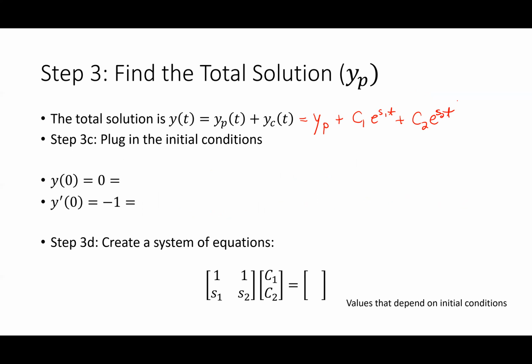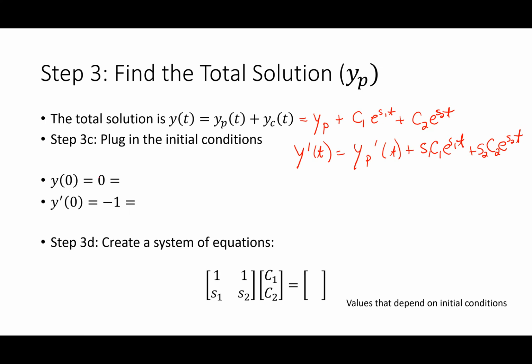If I took the derivative of this expression, just as it's written right here, the derivative would be y prime of t equals yp prime of t. So that's the derivative of the particular solution, plus the derivative of these exponentials, which just brings down the exponent. Okay, like that. The way I look at this is I say, all right, if I plugged in t equal to 0,